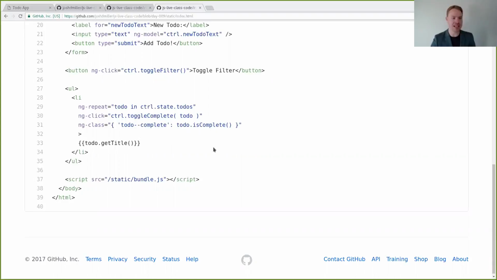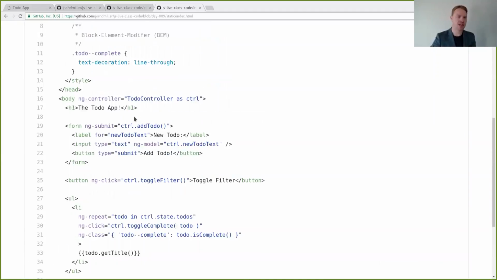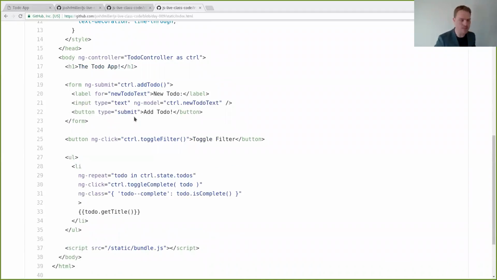So it's going to call to-do.isComplete for the first to-do. The first to-do is going to return false, so it's not going to get this class. The second to-do returns complete as true, right? So to-do.isComplete returns true, so it gets the to-do complete class, which does the same thing it's done for the past few classes, right? So we got that in there. So that's how that works. And that's it, right? So we have these directives inside here.